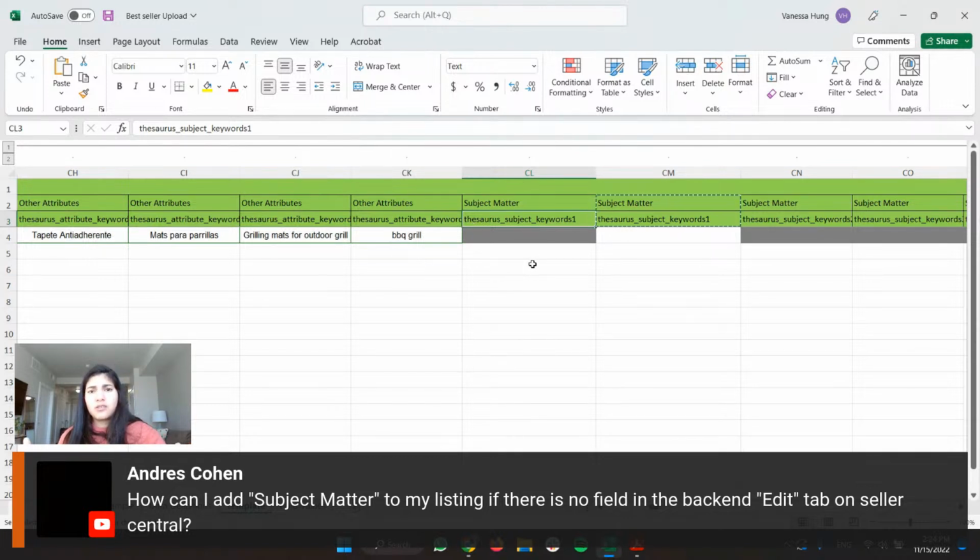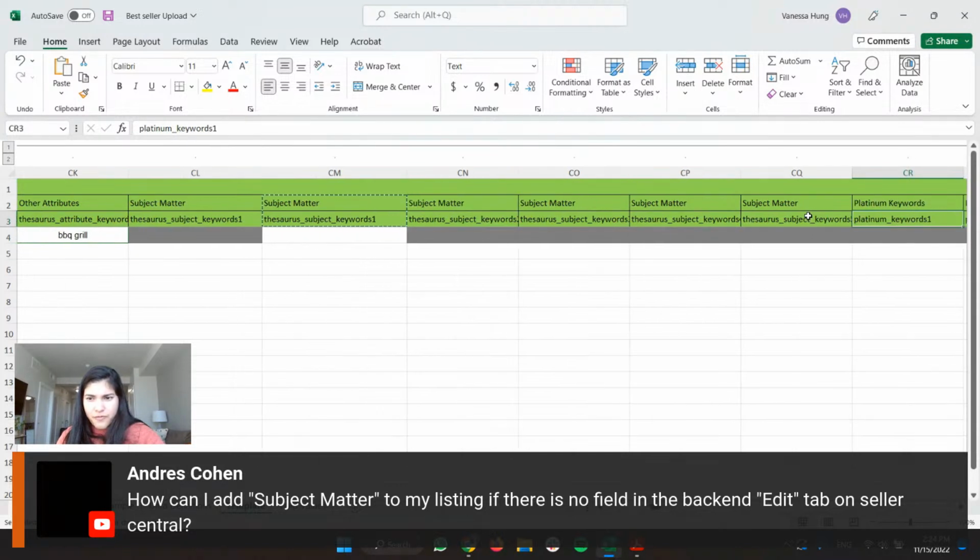So what you're gonna do now is add another column in the green section, and you're gonna type subject matter, and you're gonna add it there. So there are 2, 3, 4, 5 subject matters. So you can add 5 subject matters, and let me read if it tells me. So for example, look here, the system is telling me not currently used in home. And my main category for grill is home and kitchen. So the system is telling me, yeah, this section exists, but it's not used in home.